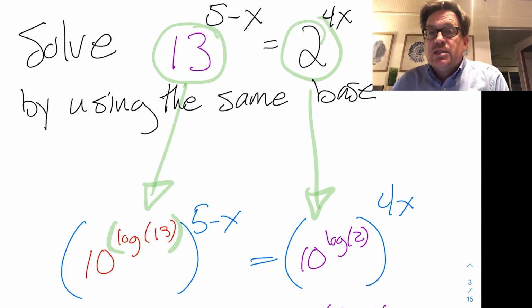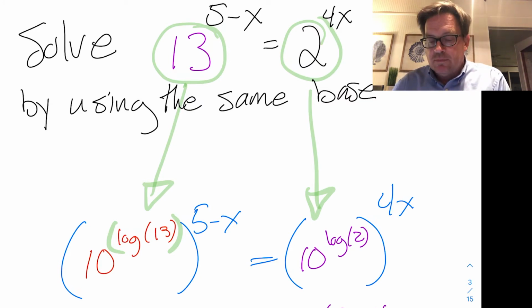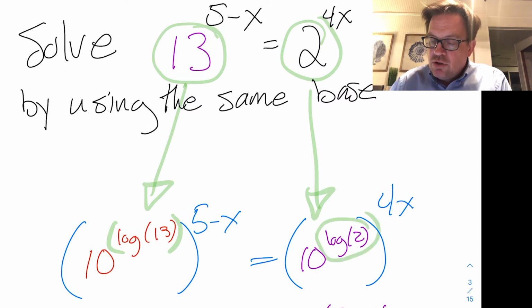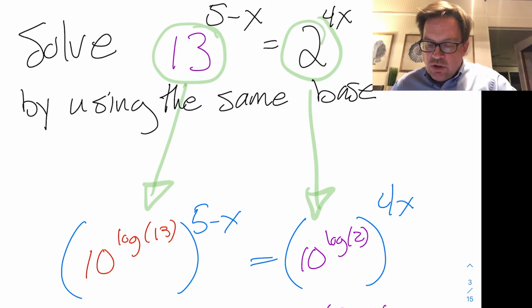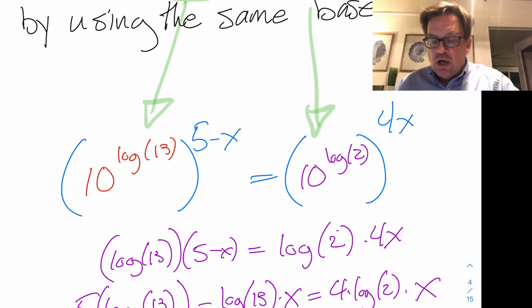Because log of 13 is defined to be the number that if you raise 10 to that number, you get 13. So that works. That's how it's set up. And similarly, 10 to the log of 2 equals 2. So as we do that, we are able to use our rules for exponents,